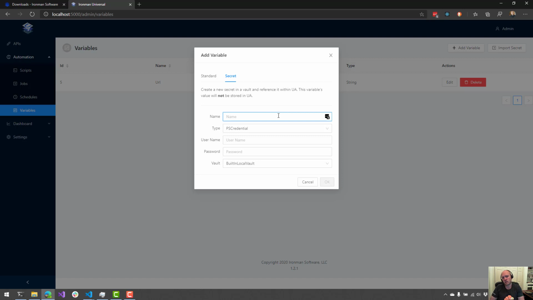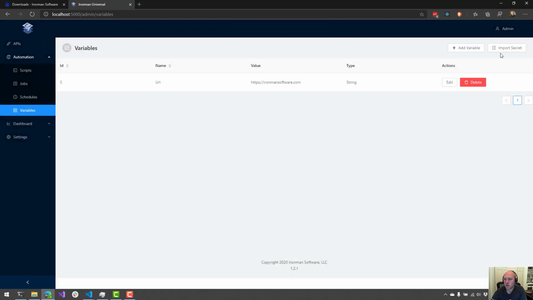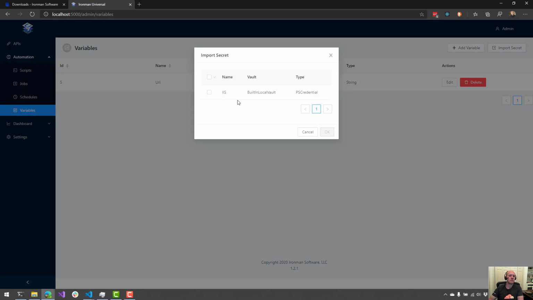So one limitation of the current version of the secret management module is that it does not work on Linux, so this only works on Windows right now, but it looks like the next major version of the secret management module will be cross-platform. So if we click import secret up here, you can see I already have a secret defined. It's a PS credential. I've created that. It's for one of my IIS account users, and if I click that and then click OK,